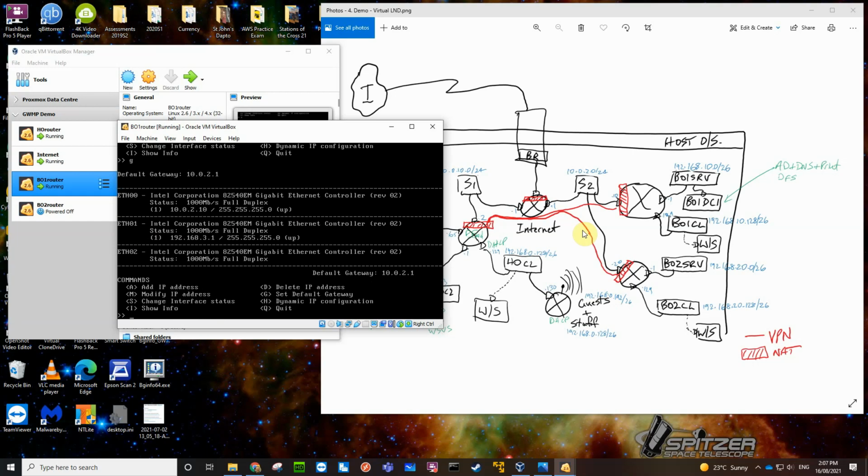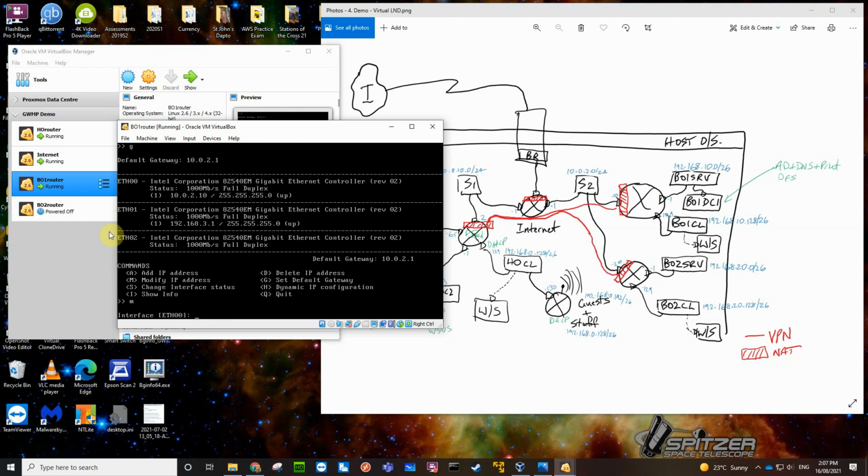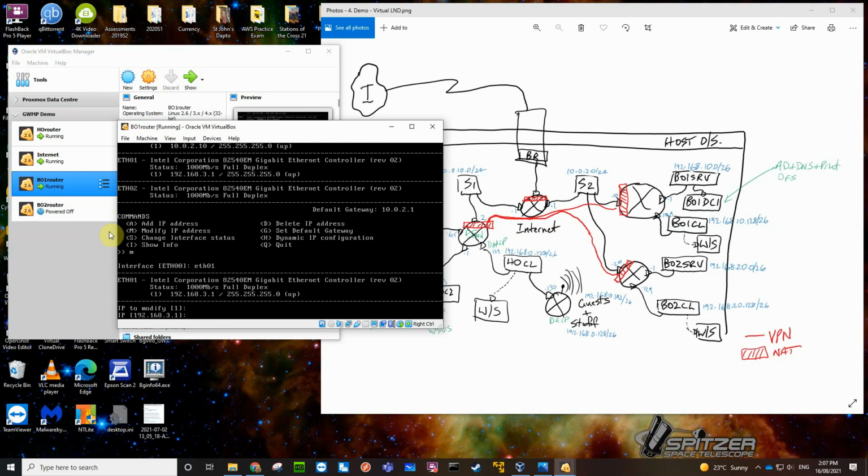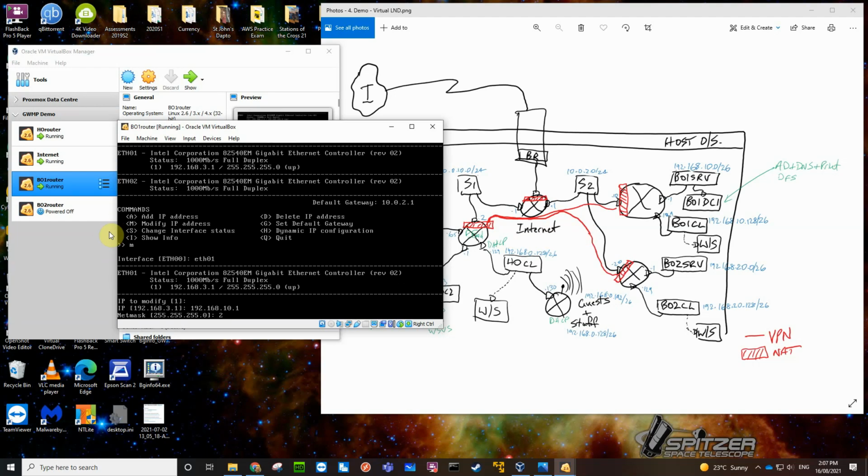And so I need to change the Ethernet address on both ether 0.1 and 0.2 down here. So let's just go M for modify ether 0.1's address. So it's ETH01, and I need to modify that address, and it needs to be 192.168.10.1, and it's going to be 255.255.255.192,